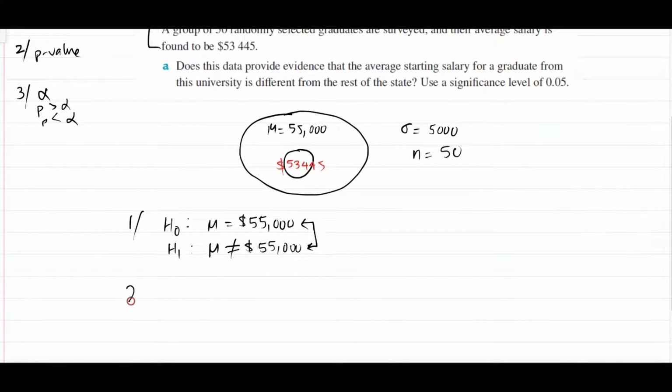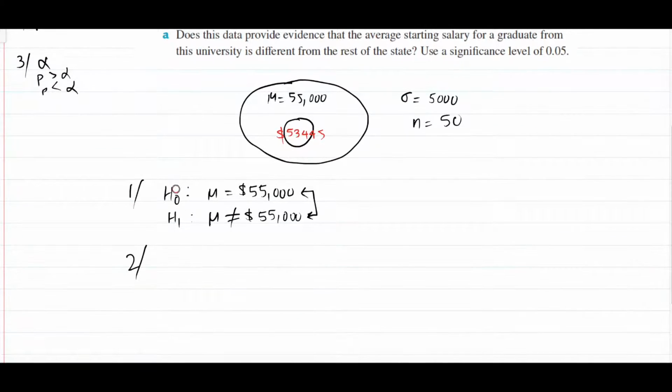Okay. Moving on to step number 2, we need to find our p-value. So how do you find your p-value? This is a two-tail test. Just remember, whenever you have a two-tail test, it means you can take either tail, either the tail that is on the left or the tail that's on the right. So to calculate your p-value,